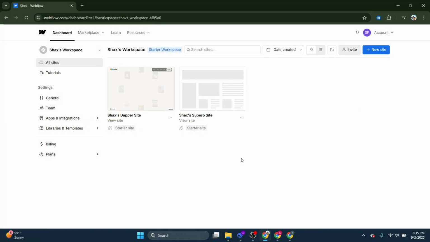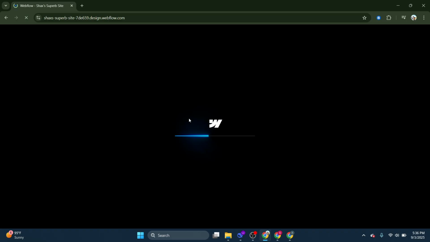To begin, make sure you're logged into your Webflow account. Once you're in, you'll see a list of all your projects. Choose the specific site where you want to add the Lightbox feature. Click on the project and it will load in the Webflow editor, giving you full access to design and layout